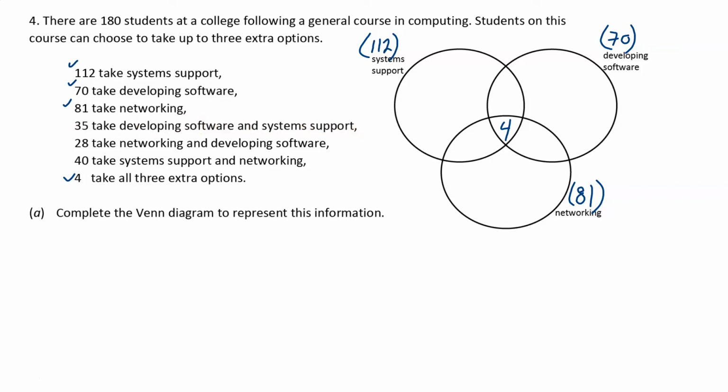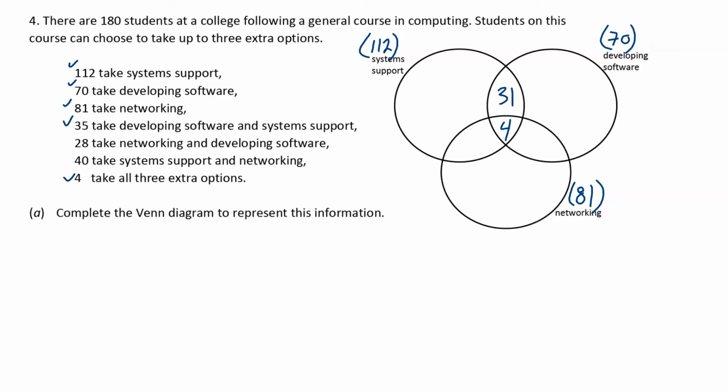The key word there is "and." That tells us that we're talking about the intersection. So we've got developing software and system support. That intersection is there. If there are 35 originally and we've already got 4, that means the remaining number would